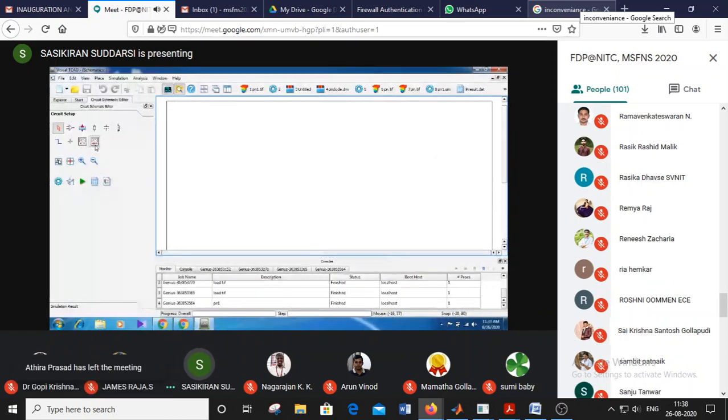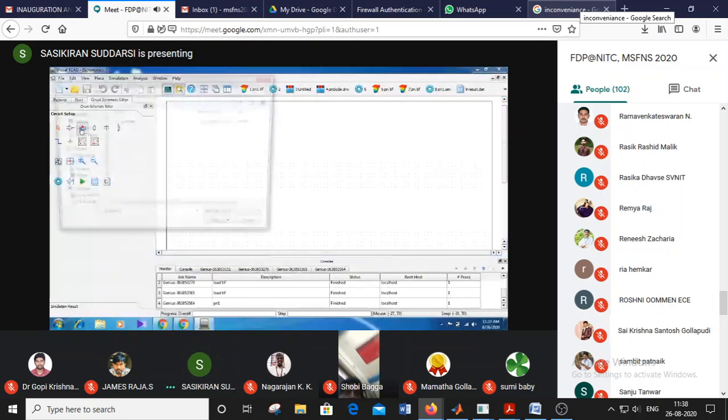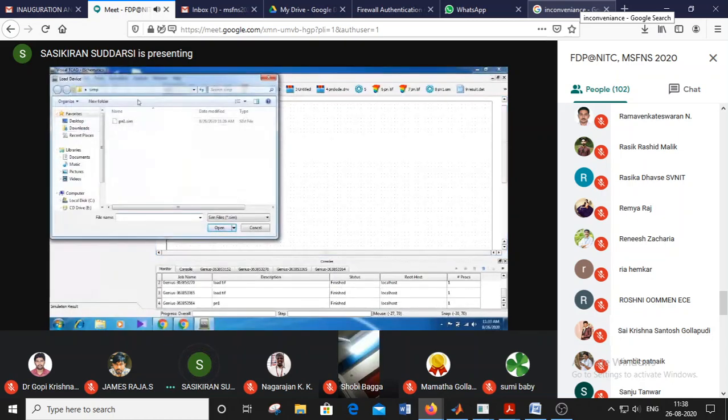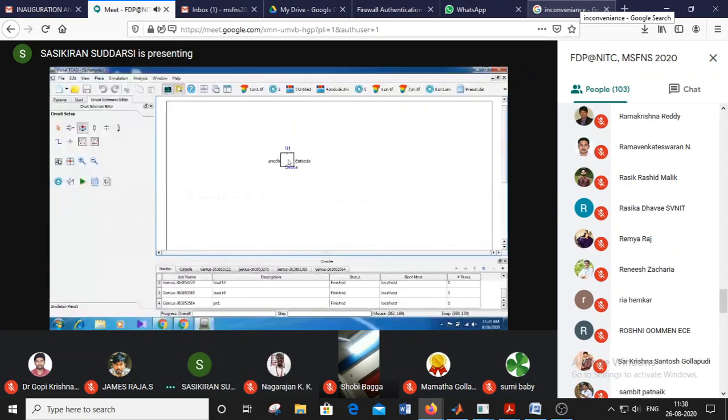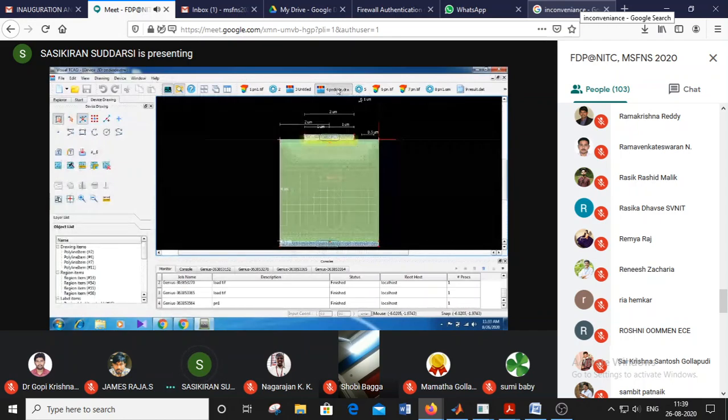Here we can load that device. See here, the PN1, open. Before that, we can change that electrode.